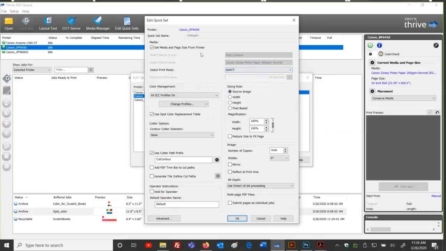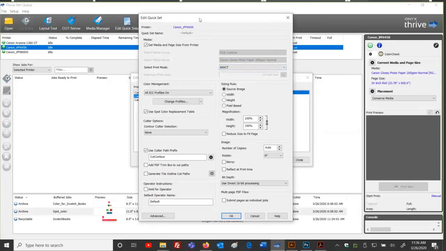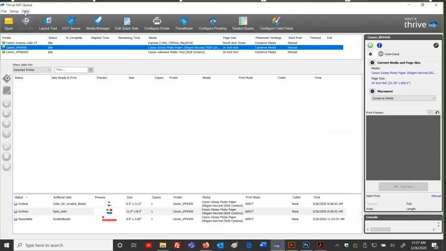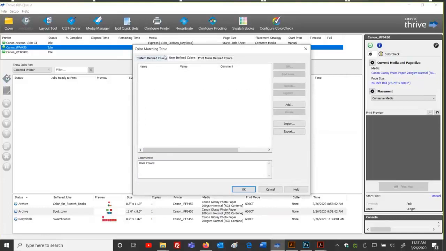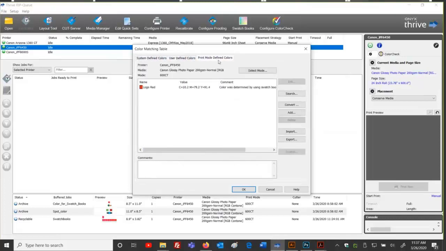All right, while we're in this quick set, and we talked a little bit about this yesterday, I want to remind you guys about something here. This checkbox, Use Spot Color Replacement Table, when this checkbox is on, Setup, Rip Configuration, Color Matching Table, all three of these tabs are live and engaged and active and working and applying and converting and swapping.